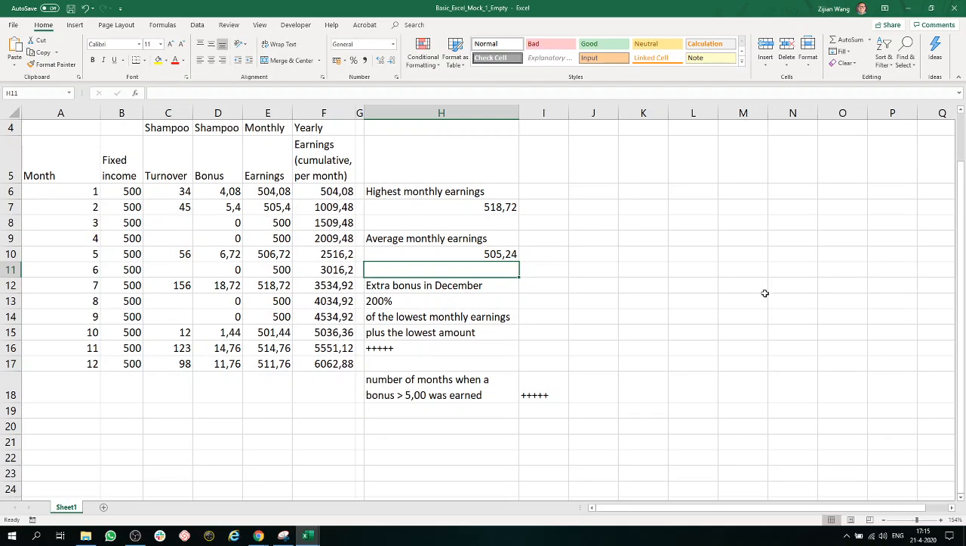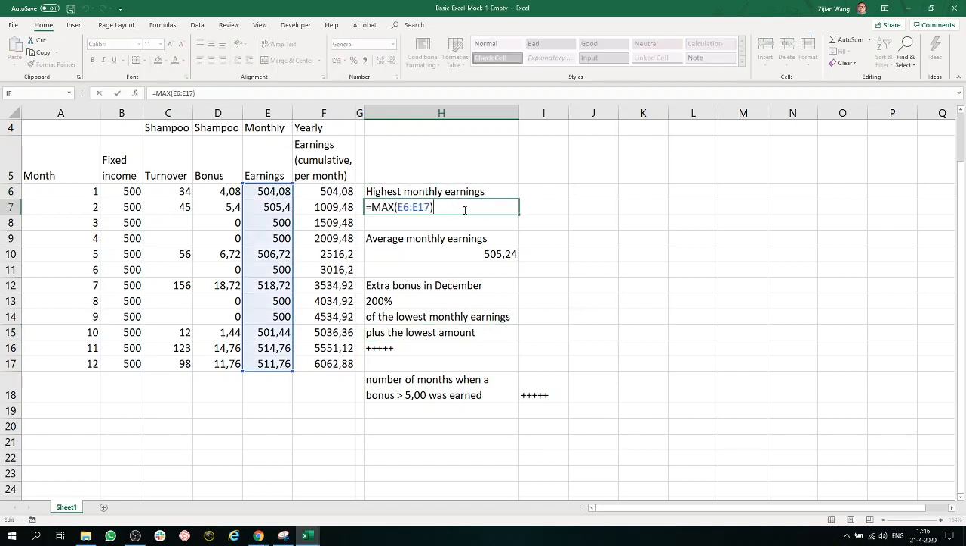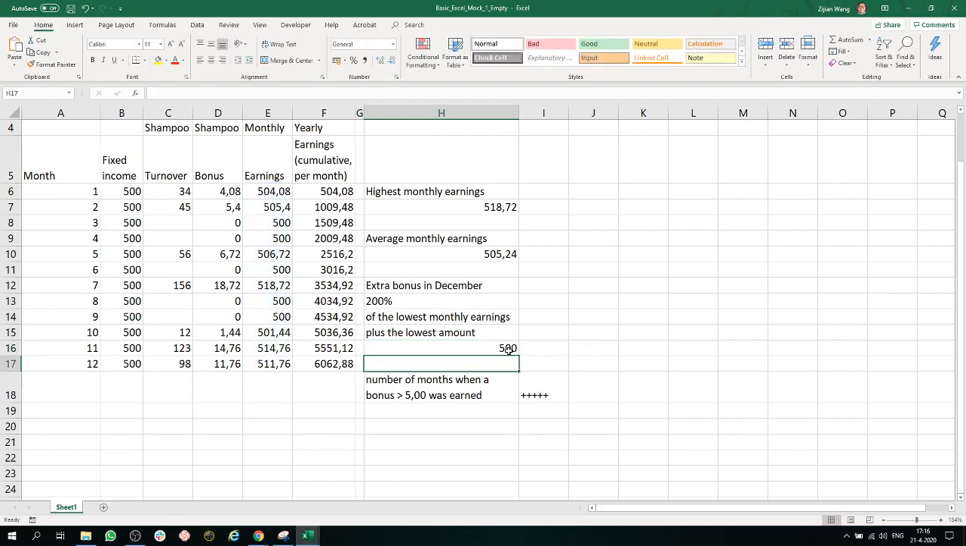The next one is a little bit more difficult. It's about the extra bonus in December. It would be 200% of the lowest monthly earnings plus the lowest amount. So we use the max to find the highest. Then of course you know to use the minimum to find the lowest, right? So we have the lowest amount here, but it's not finished. The extra bonus would be the